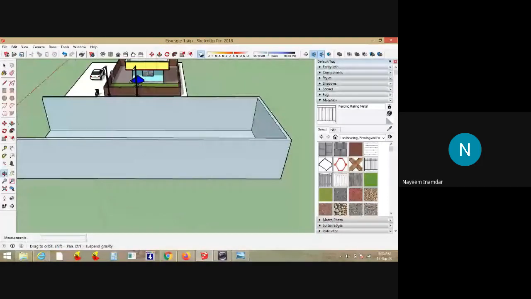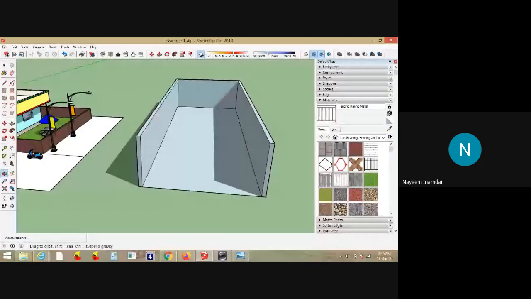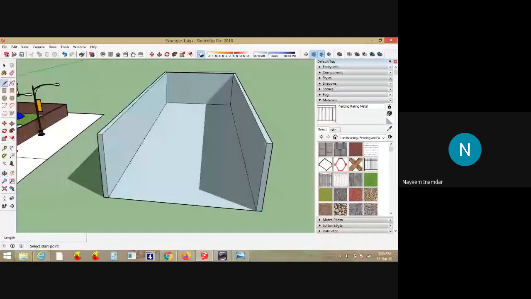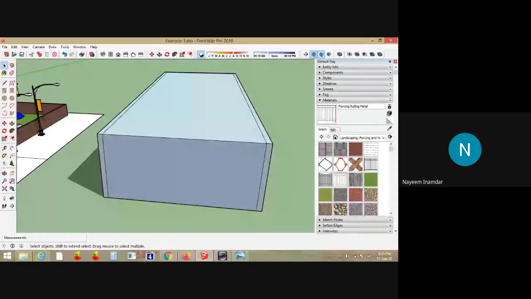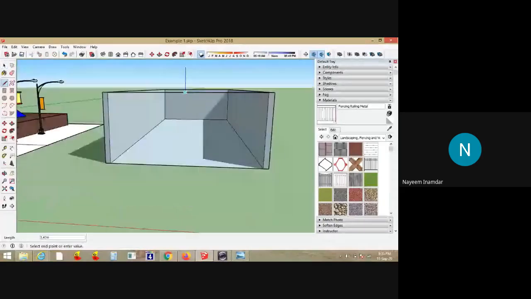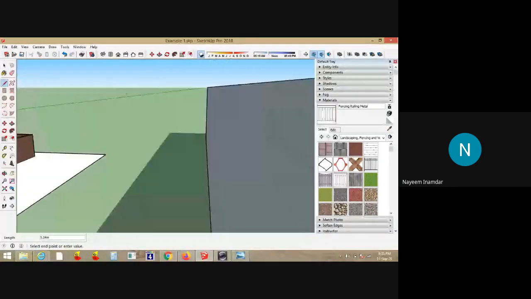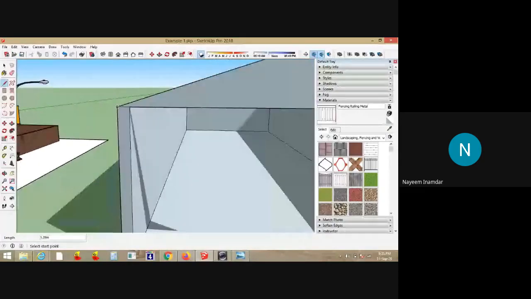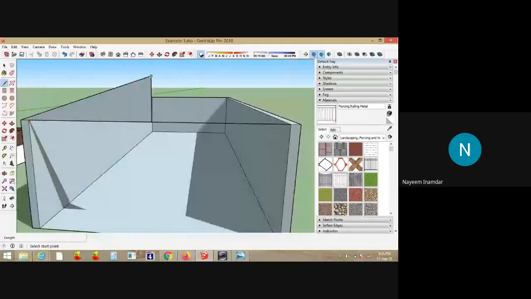Suppose I want to have a pitched roof, I'll be knowing what is the pitch that I'm giving. Just delete it. Suppose I want to have the height, randomly I'm taking the height here. I'll just close it here, and I'll close this one also here.